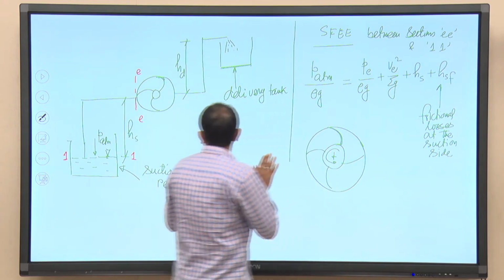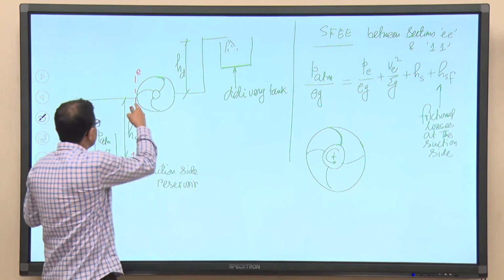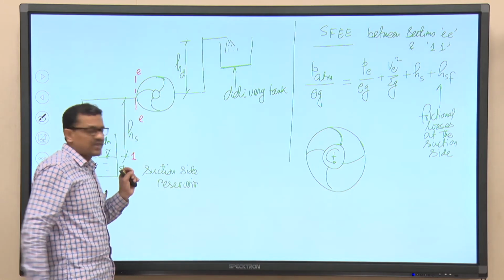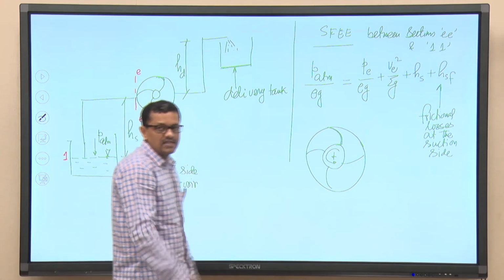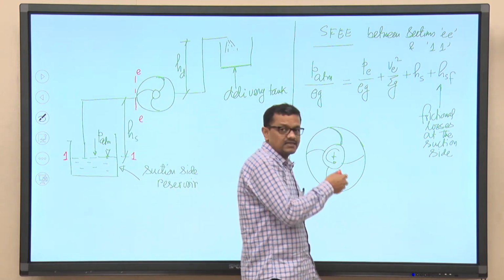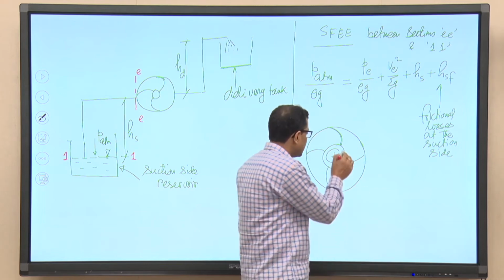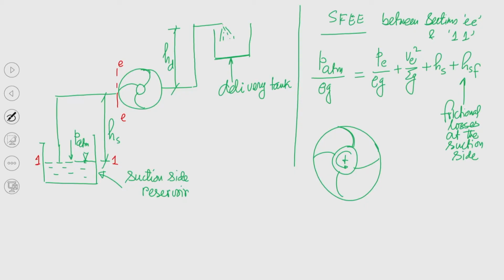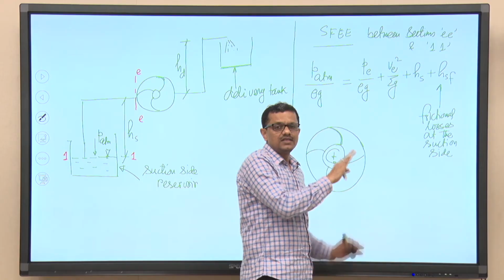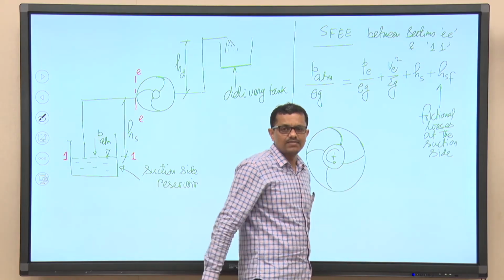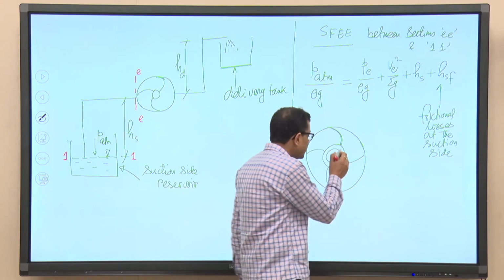If we can somehow ensure that until this section E the pressure is not less than the vapor pressure, but it has been seen from experiments and practical operation that though the pressure when the liquid is approaching the leading edge of the pump vane may still remain above the vapor pressure,